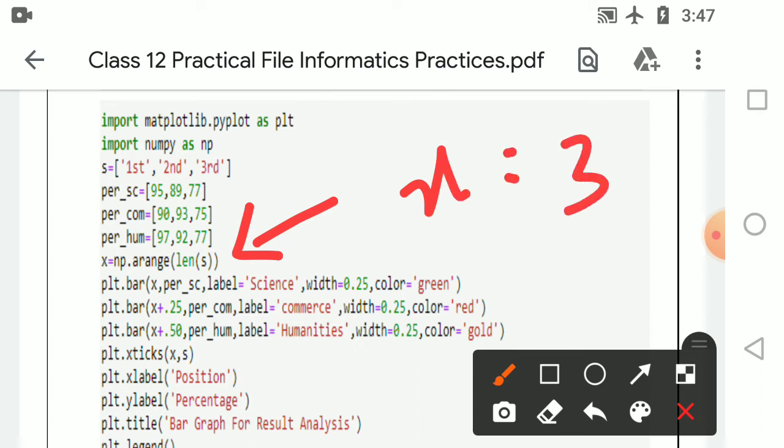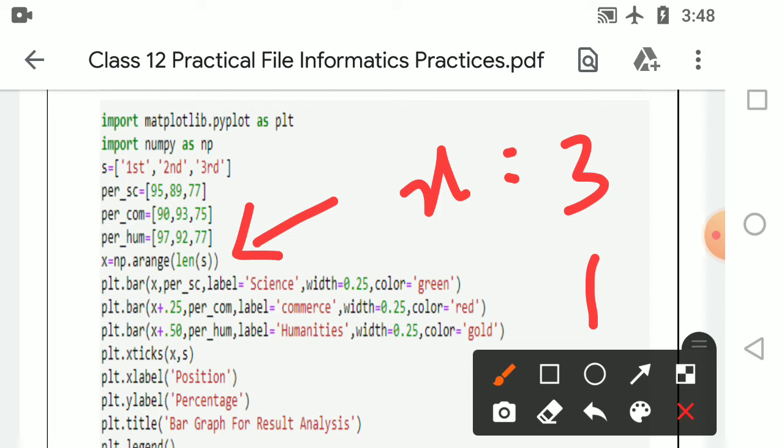First you have the bar diagram to be calculated with the help of x and the percentage of science. So you will be plotting it with x and 95. What is the first value in SC? It is 95.